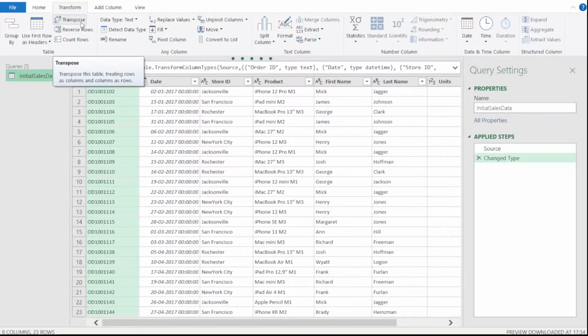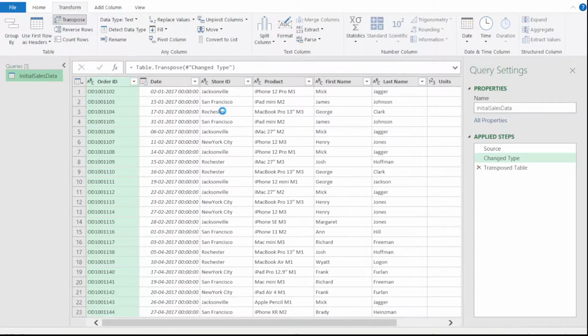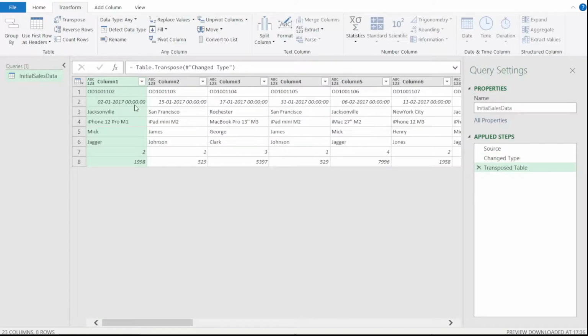So how can we do that? If we do this transpose straight away, all the data which was there in rows has become the columns now, and all the columns have become the rows. But this way, the column header